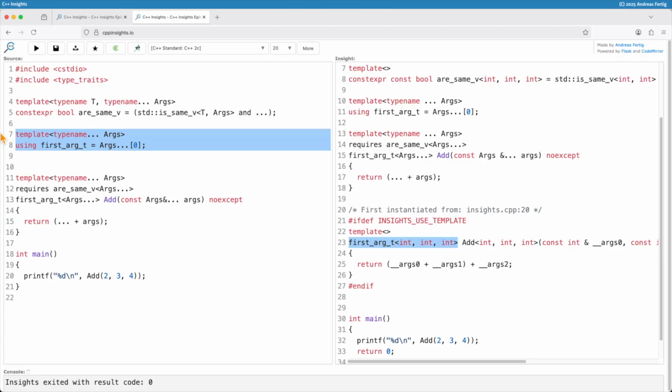So I hope this new C++26 feature helps you improve your compile times, speeds, doing new things, and indexing into parameter packs or argument packs. And you will see it helps a lot to implement stuff with fewer lines of code that required way more code before. So check it out